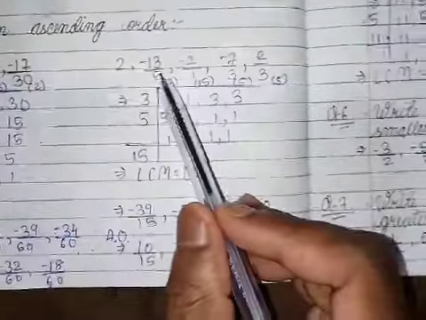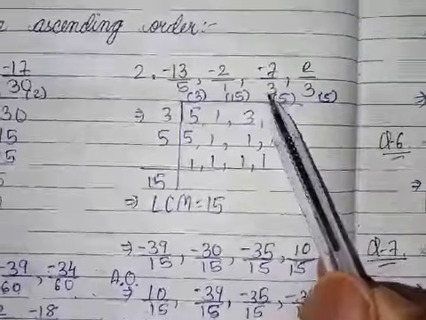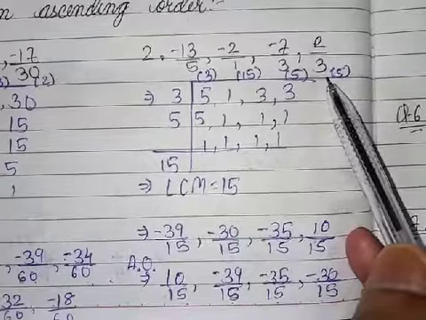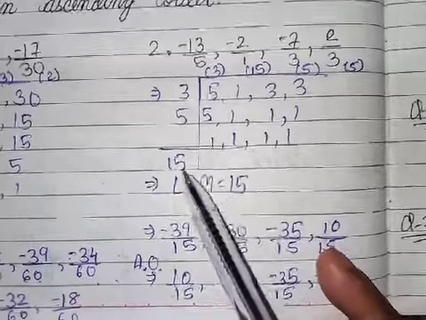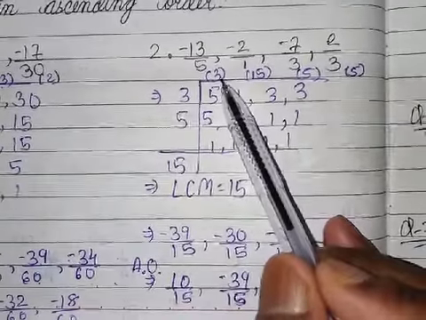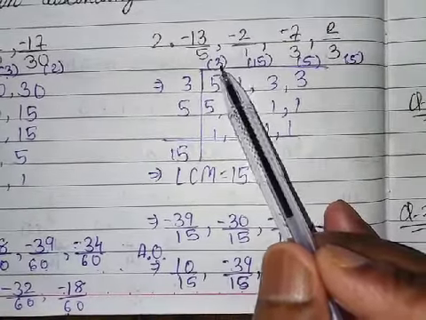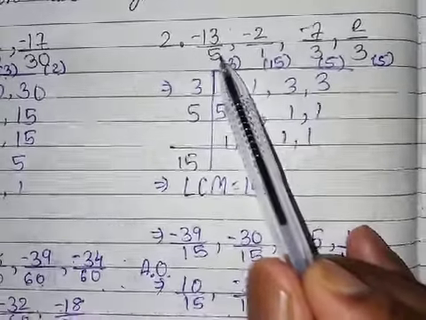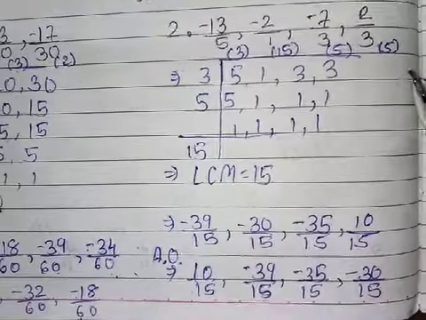Pause. Let's, children, move to the second question. Second fractions you see: minus 13 by 5, minus 2 by 1, minus 7 by 3, minus 2 by 3. Now first you have to take the LCM of 5, 3, 3. So 3 and 5. So what is the LCM? 15. So how will we make the denominator 15? So now you have to convert these fractions by multiplying the numerator and the denominator. First thing is that all the denominators will become 15. Then we can compare the numerators. Therefore we are doing so.